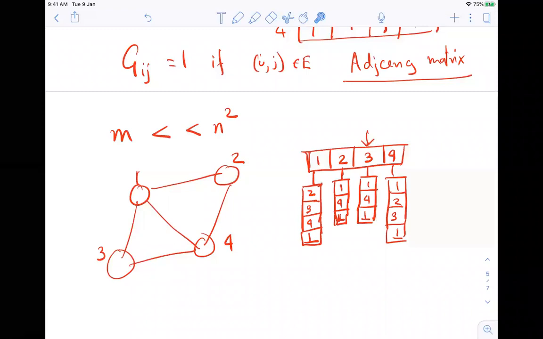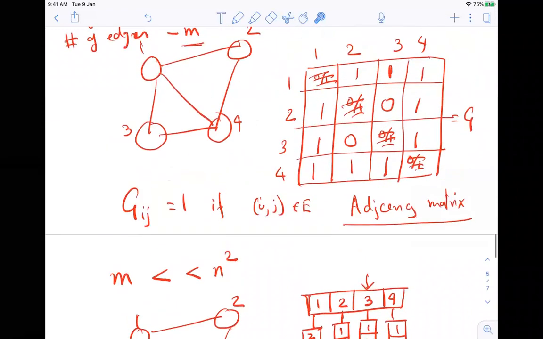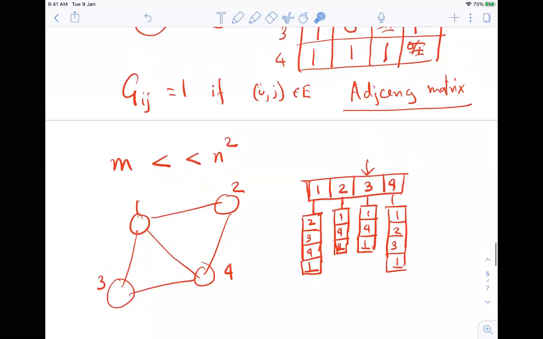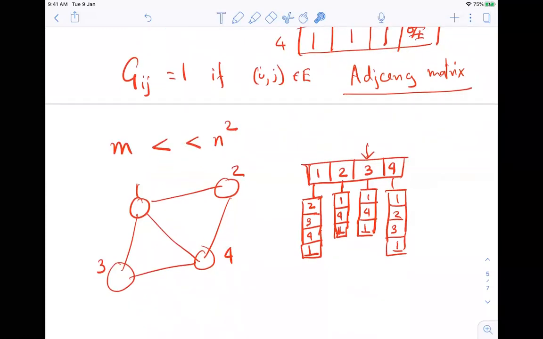It is not a one-step process. In the case of the adjacency matrix, using just one step, you can check if there's an edge from 3 to 2. But here that is not the case.